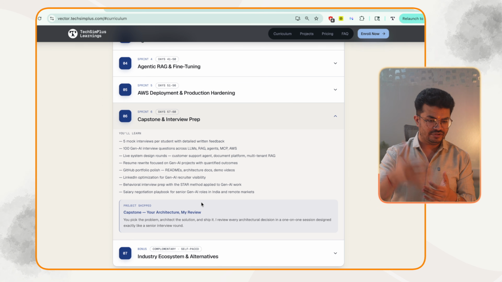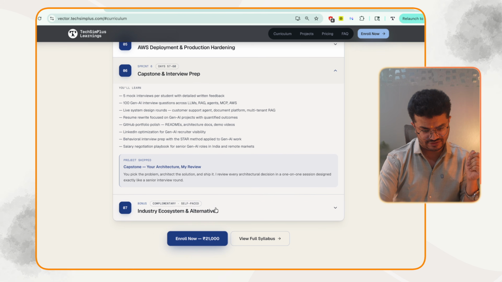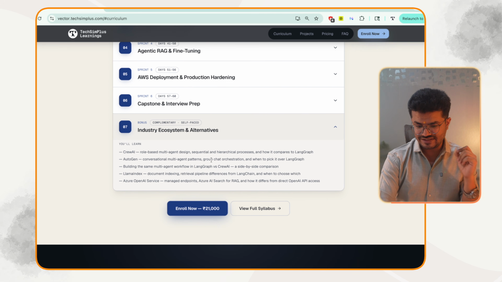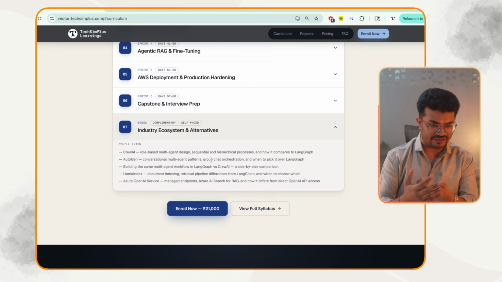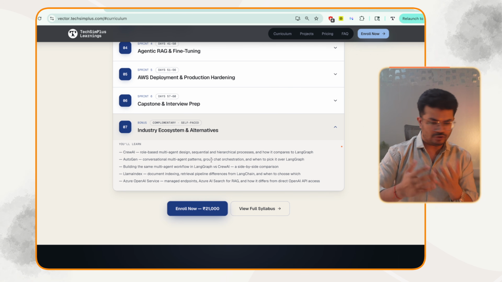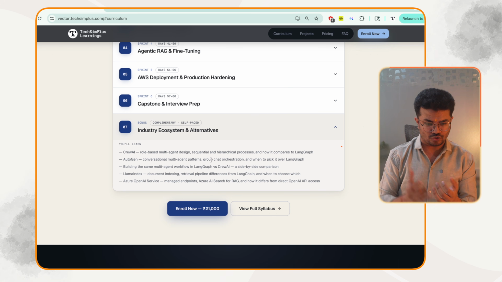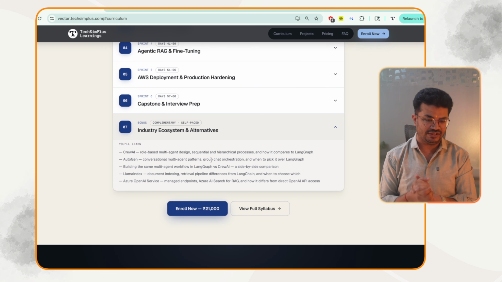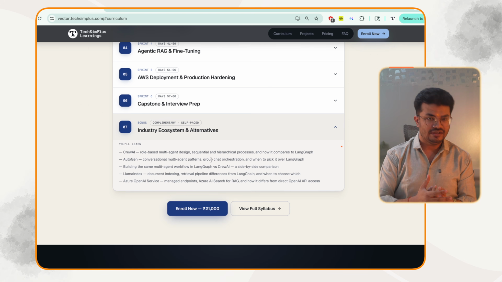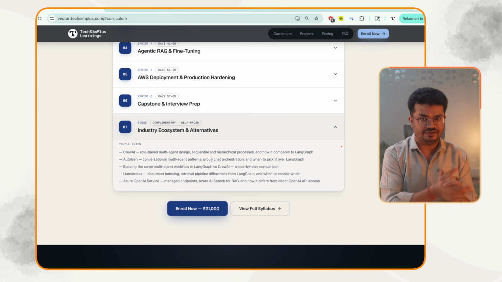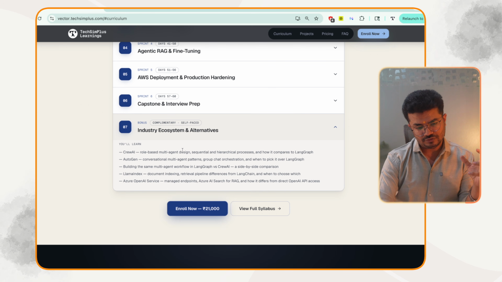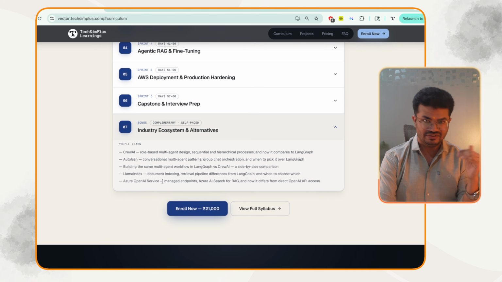So this is all about the 60-day flow or 60-day curriculum, which we are going to cover in the next 2 months. Now, if we talk about the bonus section, this is something which just depends on your interest. These are sections that we will not say are completely required, like CrewAI, AutoGen, LlamaIndex, and Azure OpenAI Search. But some companies are also looking for these skills. If you know these things, then you will be considered more favorably compared to other profiles. So we will learn these things, but it just depends on your interest. If you have interest, we can plan to learn this.